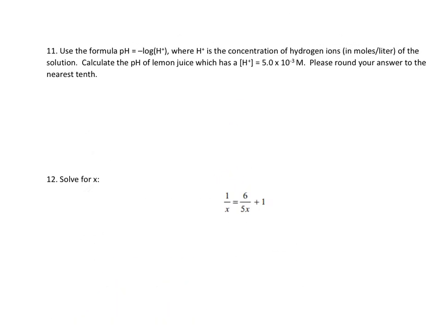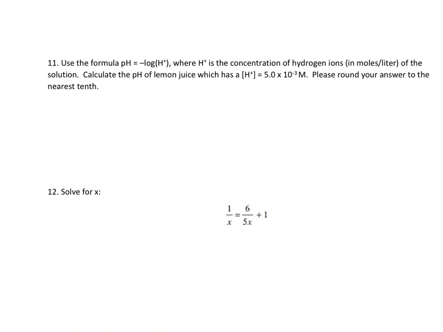This question here says use the formula pH equals negative log H plus, where H plus is the concentration of hydrogen ions of the solution. Calculate the pH of lemon juice, which has this H plus level. Please round your answer to the nearest tenth. All you have to do is put this into the equation, not with the M, sorry, just the numbers, the scientific notation into here. So it's going to be pH is equivalent to negative log of 5,